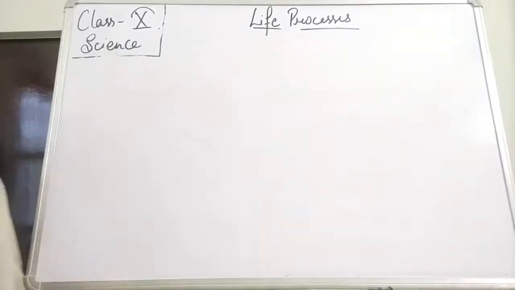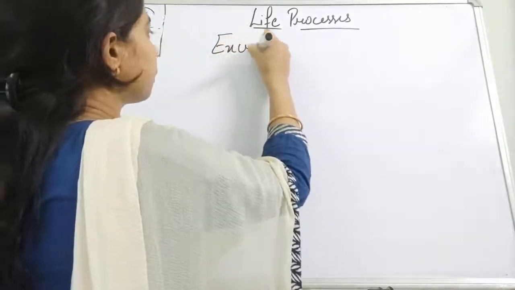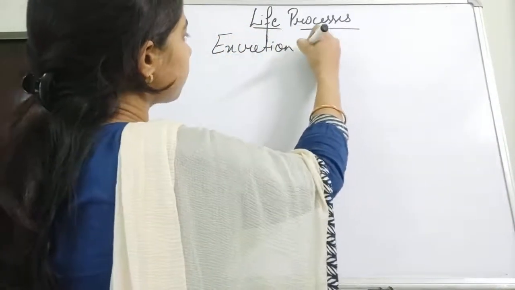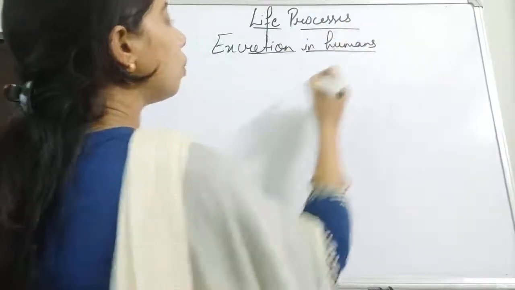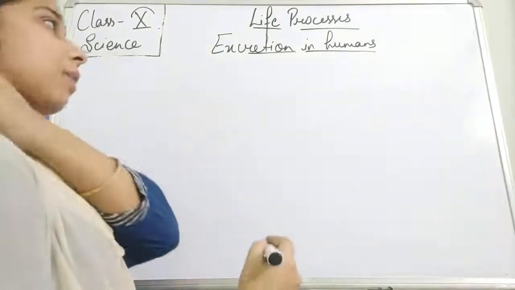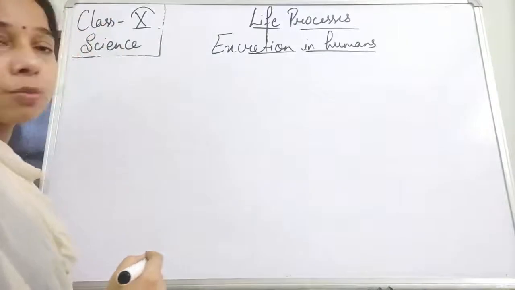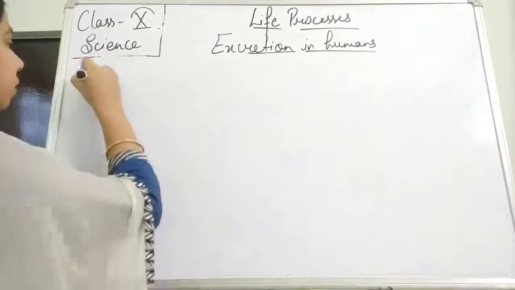Moving on, we will see how excretion occurs in humans. How does the excretion process occur in humans? First of all, let me tell you what the waste materials are and how the removal of the waste material happens here. So the major waste products